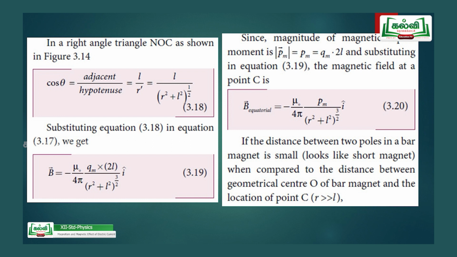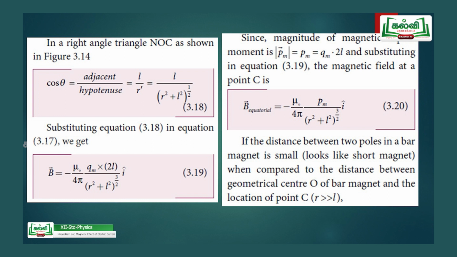Calculating this cos theta value will also carry marks. Then next, you write twice the magnetic field into the value of cos theta. This is the next equation, and this will also carry marks. Now you have to substitute the values. After substituting the values, you have to simplify. That is the mathematical simplification, and then finally you will get one answer.